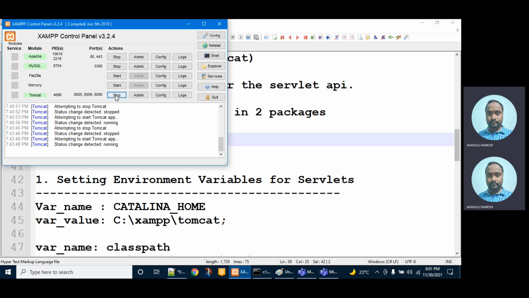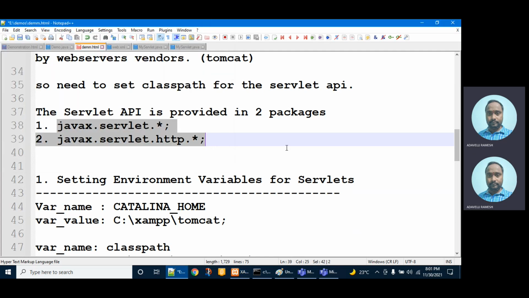Once you start this server, it shows the port number as 8080. This 8080 is the port number on which your Tomcat is running. This port number is very important while accessing the servlet. So install XAMPP, then start the Tomcat web server.